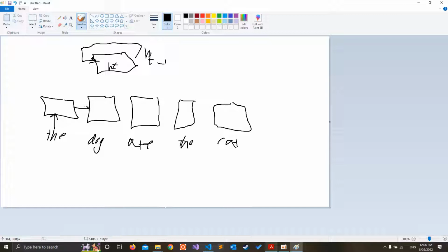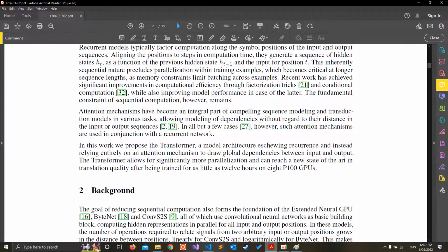There's a computation here, and then the state will be passed to the next recurrent neural network block, and then the next word is fed to the network, and this happens till the end. After that, we can get the classification result. For example, it's good or bad sentiment, a positive or negative sentiment. This is what happens in recurrent neural networks. So we can see that there are time problems here, and in addition, the problem of memory constraints, and a lot of effort has been made in these areas to solve these problems. But what they're doing in this paper is solving this by